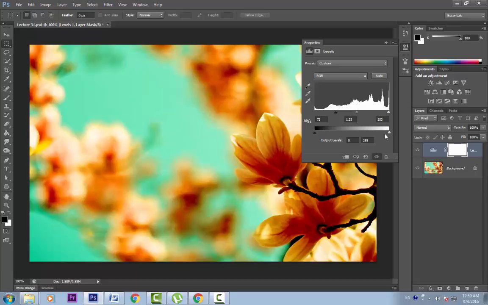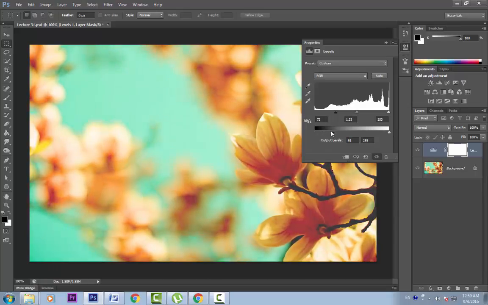Now this is the output level. The values are from 0 to 255. Now if our image is quite exposed or blown out, we slide it here and tell Photoshop to ignore all the pixels of this white space. Similarly, if we pull this slider here, we are telling Photoshop to ignore these dark pixels from the values of 0 to 61. But most of the times I leave these values at default and play with these values to make adjustments to my image.